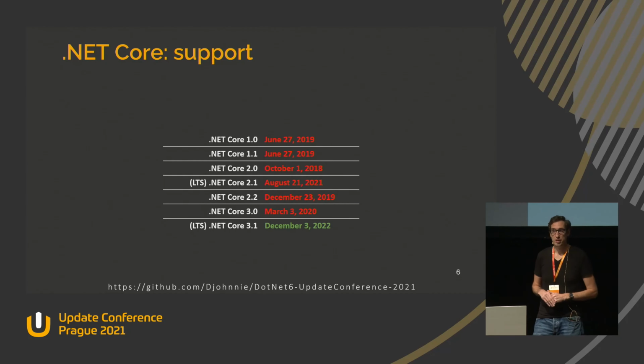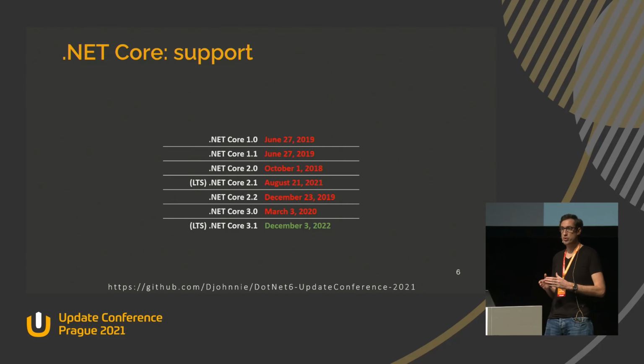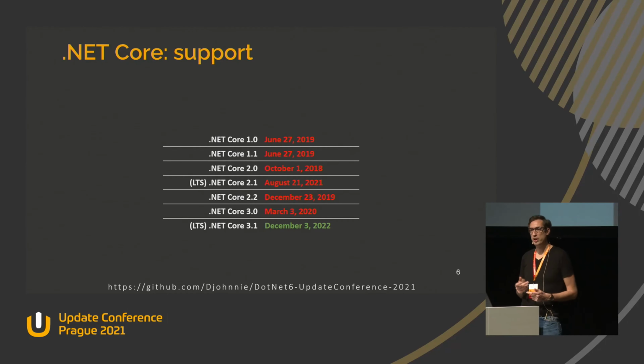.NET Core, it's another story entirely. Most versions of .NET Core are already out of support. The last long-term support version, .NET Core 3.1, will go out of support next month. So if you are still using .NET Core, you should migrate to .NET, basically, because you have less than 1 month remaining to do that. Of course, the application will not stop working immediately, but you won't have support. You won't have security fixes, you won't have patches, nothing will happen.